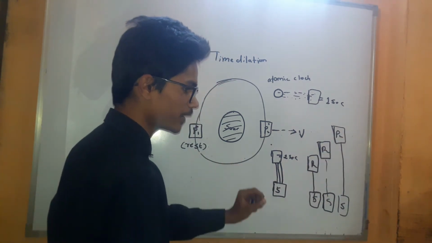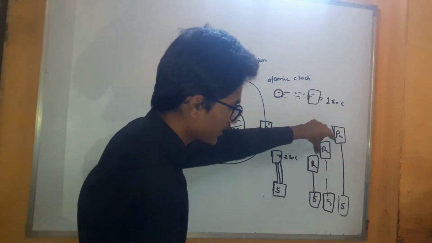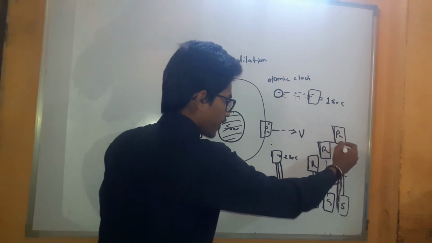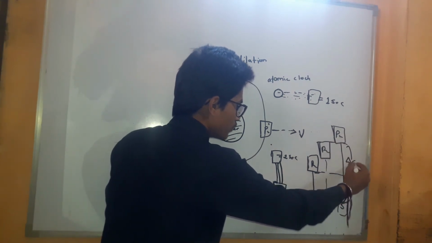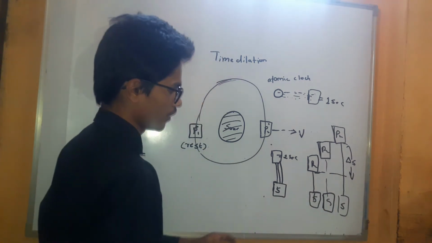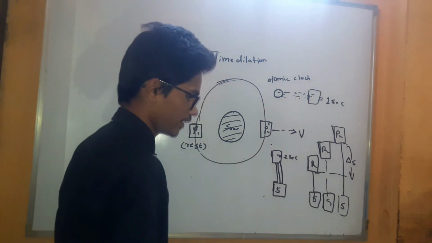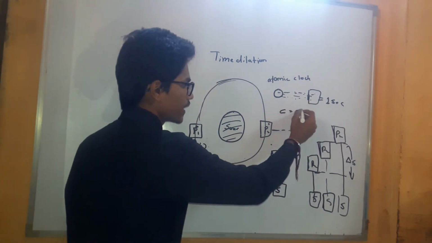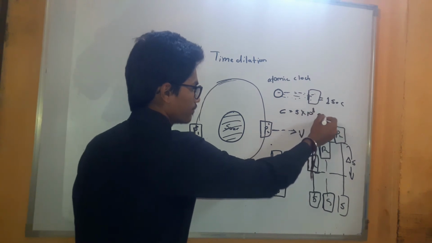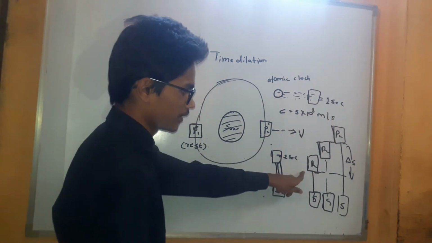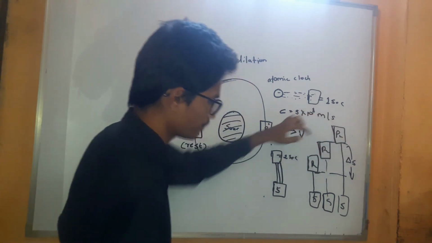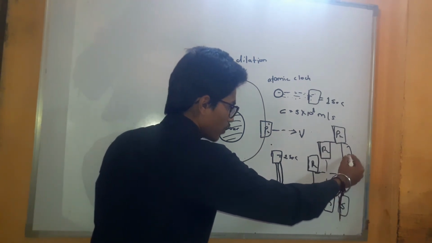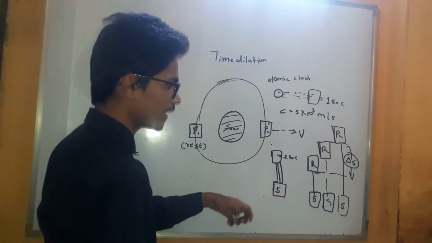So at each moment planet P2 changes its position. This is the original position, this is the final position, so this is the actual change in position. We know that the velocity of light in a vacuum is always the same, and it is c, which means 3 times 10 raised to 8 meters per second. So in our thought experiment planet P2 changes by a displacement delta s.